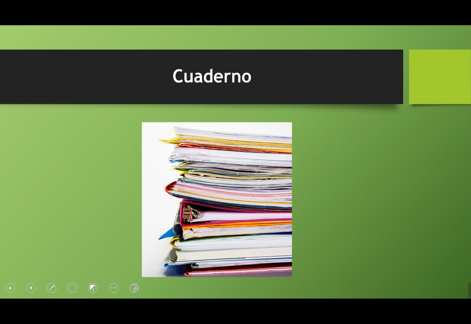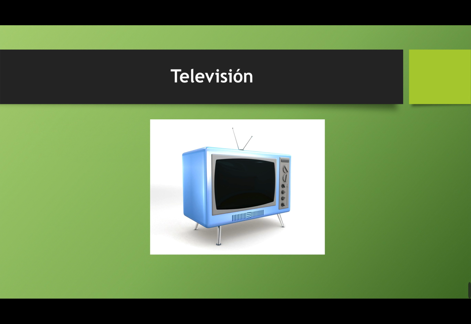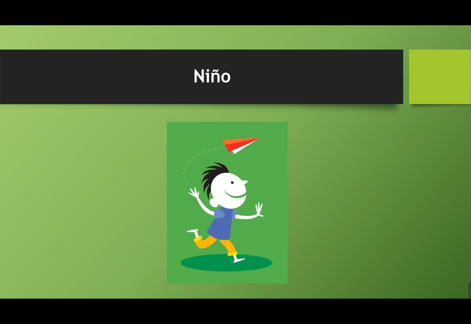Muy bien. Pues tenemos aquí cuaderno. ¿Es el o la? El cuaderno. It ends in o, so we know it's probably masculine. Televisión. ¿El o la? It ends in sión, so we know it's probably la. Niño, ¿el o la? El niño, like the weather pattern, El Niño, that's exactly where it comes from. It means the boy. La niña means the girl. Supposedly this year we're going to have a La Niña. Don't quote me on that.